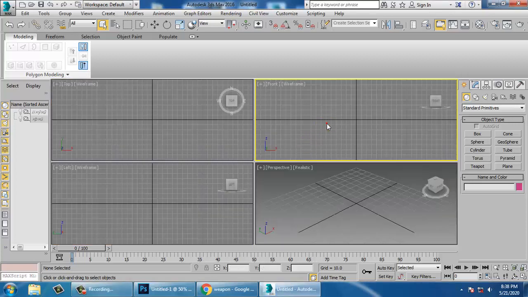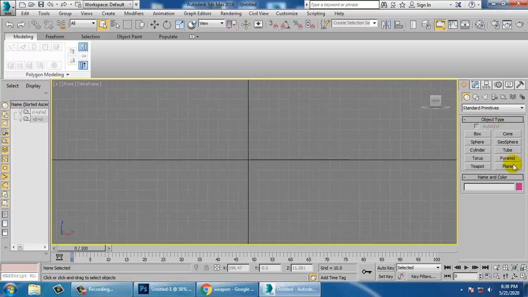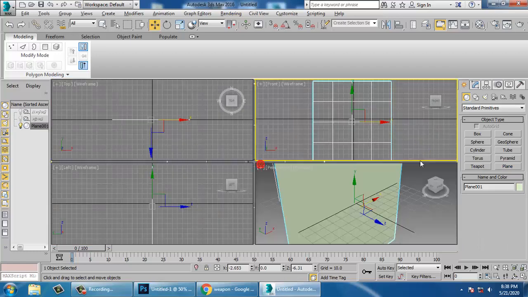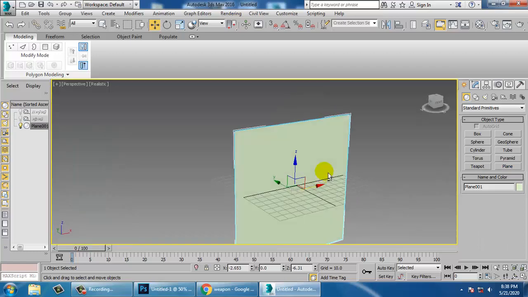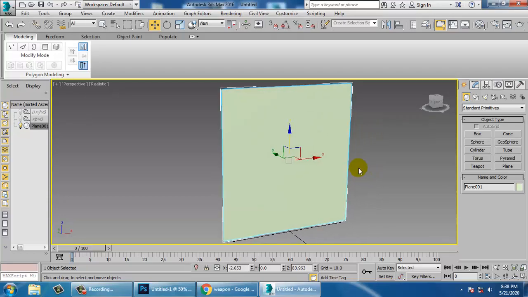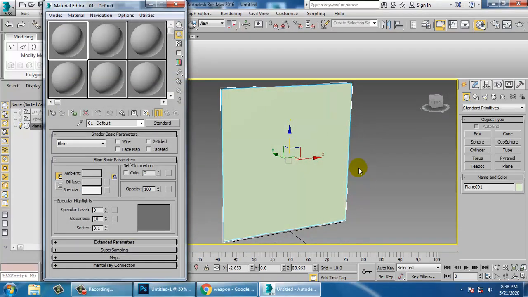How to take a reference? Let's go into the front view. Let's take a plane over here. Press M on your keyboard, that's material, M for material. Into this we have a slot called diffuse, that's for the color. Let's click over here,